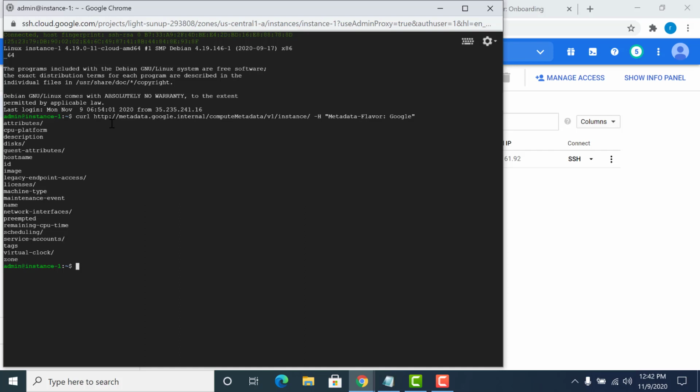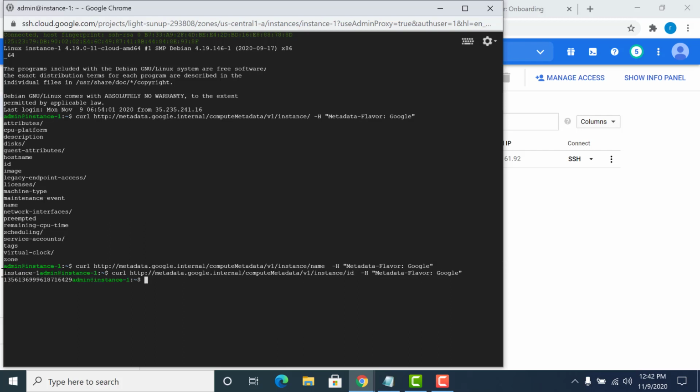For example, if you want to know the name of your particular instance, I will copy this and suffix it with name, and this will give you the instance name. Now let's say you want the ID, you can do the same: just replace the name with ID.